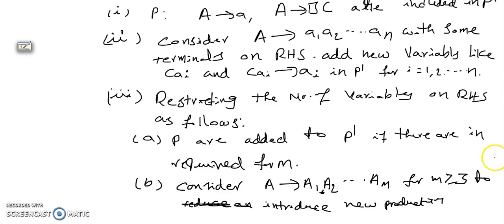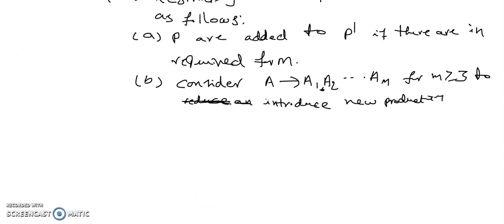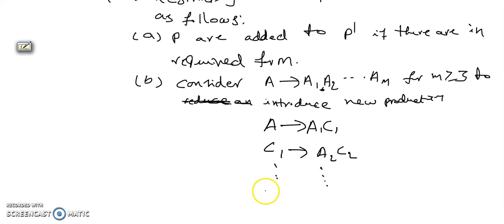The right side should be two variables only, which means A tends to A1 C1, next C1 tends to A2 C2, and so on, Cm minus 2 tends to Am minus 1 Am. After converting all these productions so that the right side is two variables, then we get